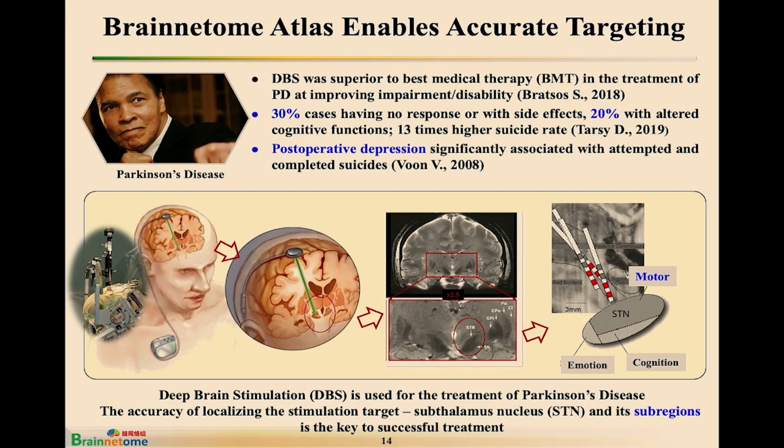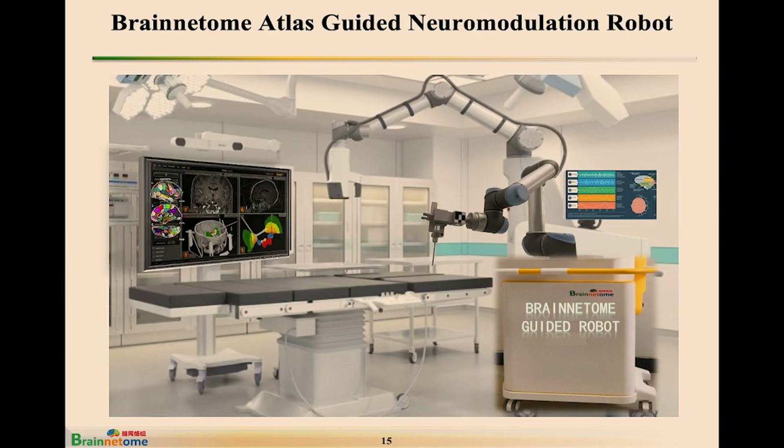So in fact, in these two slides I just told you, using the Brainnetome atlas, you can find exactly where we should put the stimulator. So in fact, we can tell you which part you should target, but different people also have different effects. For example, some people maybe can just target the motor area, but some people also need some other parts. So in order to address this kind of issue, we developed